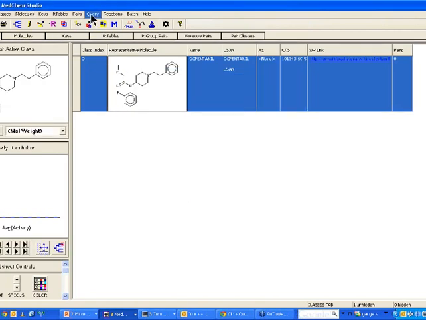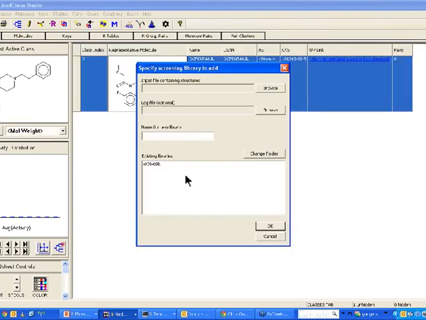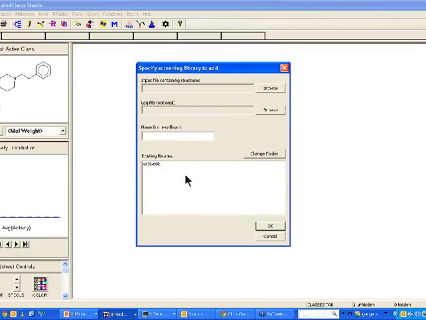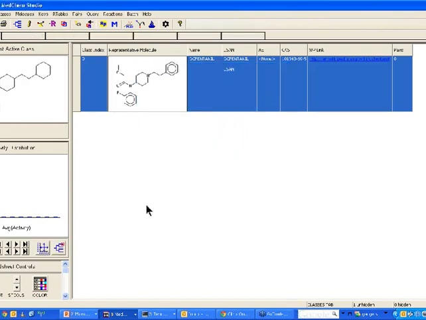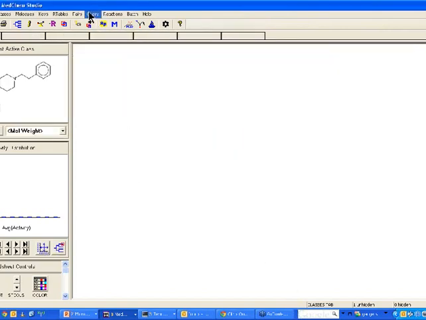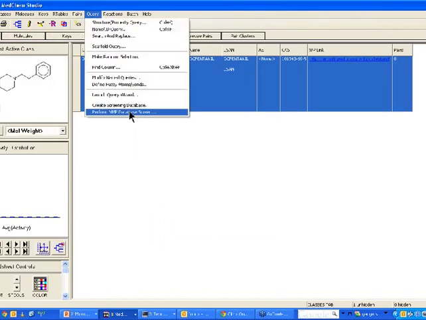Okay. We also have the ability to create a screening database, and basically what this does is it pre-computes some of the parameters necessary to perform fast searching. So this speeds up the searching greatly. So I've taken a subset of the World Drug Index of about 60,000 compounds and created a database of those in a previous step. Okay, so then I've highlighted the structure, and I simply go down to the Query tab,